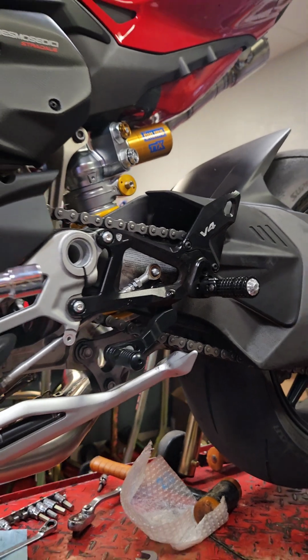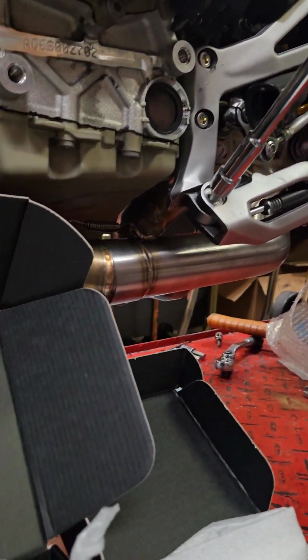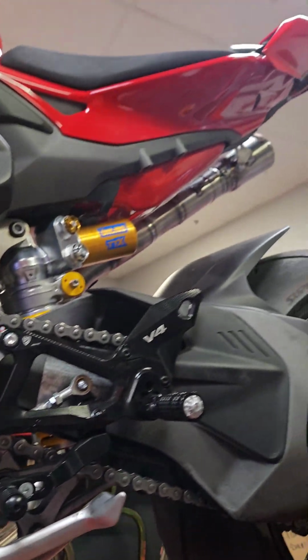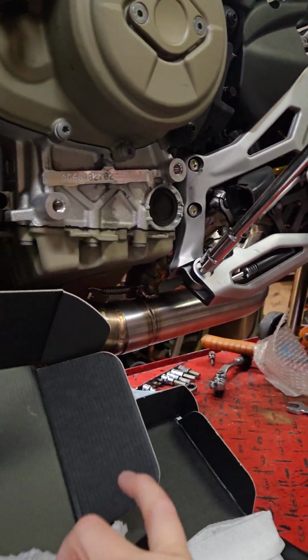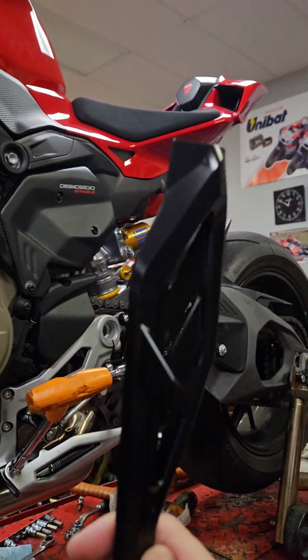All right, guys. We've got the Ohlins shock installed. The CNC Racing rear sets are on. The FM Project's full titanium racing exhaust has been installed. But the kickstand is still original, and that has to change because Moto Corsa offers this beautiful billet, awesome kickstand